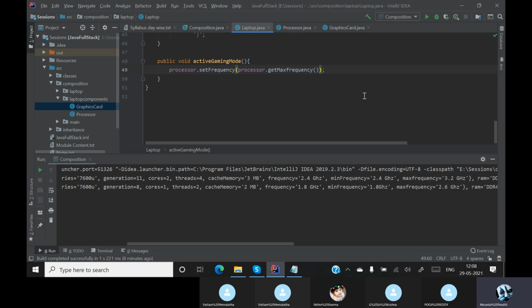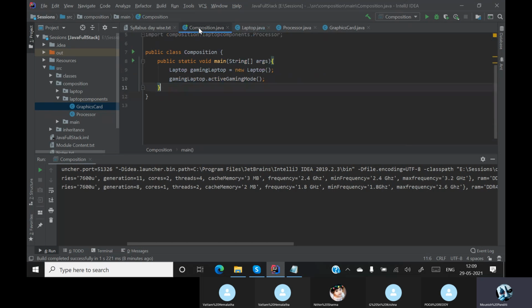Getting what is happening over here? Yes, sir. First, I am accessing my frequency. I am setting my frequency to maximum frequency. Since I am not having my maximum frequency directly available, I am creating a getter method to get the maximum frequency, and I am passing it to my set frequency.